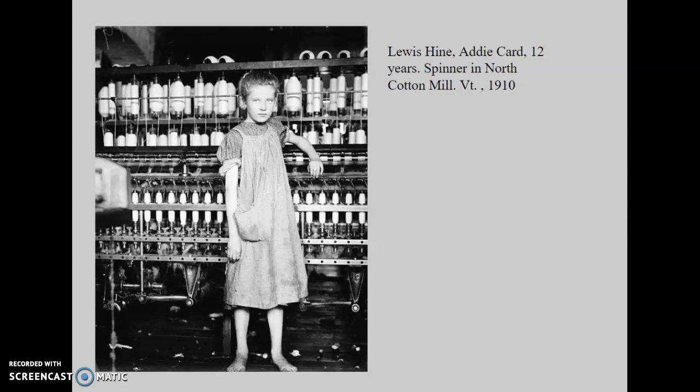So like O'Sullivan, these photographs would be used to show a situation more clearly and more acutely, and to create a greater connection with the subject. Here again we see Hine making artistic choices. The subject, Addie Card, is framed against the textile machine behind her. So this brings home the fact that she isn't just any poor little girl, she's a poor little girl with a job. And like O'Sullivan, Hine would have thought of himself as somebody with a goal or with a mission,